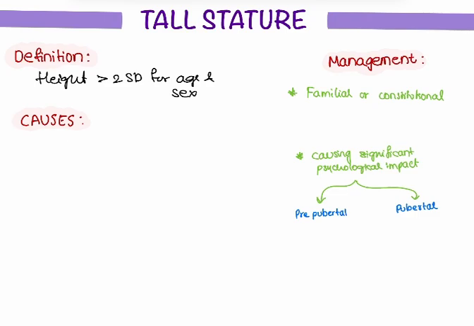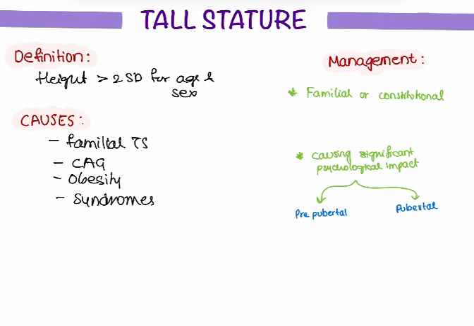The causes of tall stature are familial tall stature, constitutional acceleration in growth, obesity, syndromes like Marfan syndrome, Klinefelter syndrome, Sotos syndrome, homocystinuria, and endocrine causes like hyperthyroidism, growth hormone excess, sex steroid deficiency or resistance. The management, if it is familial or constitutional,